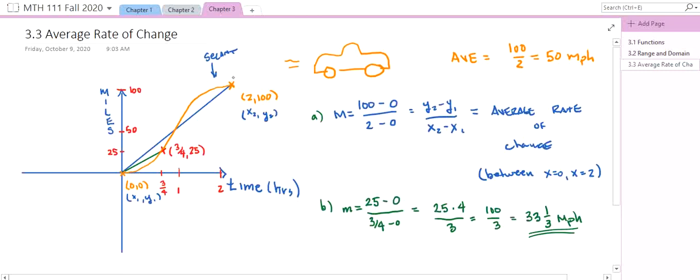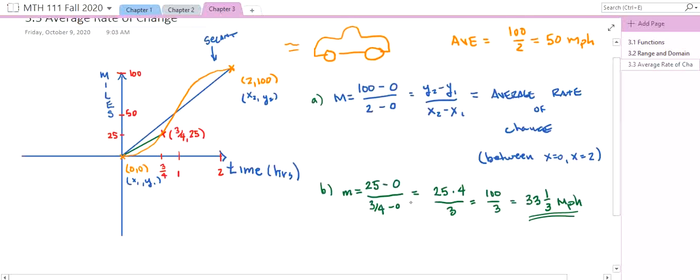And we could do that between any 2 points. We could actually select this point and this point here if we wanted to do that. And I'll leave that up to you to look at other average rates of change between the other points, any points on this plot. But what's interesting is if we juxtapose that with what we would call the instantaneous rate of change,